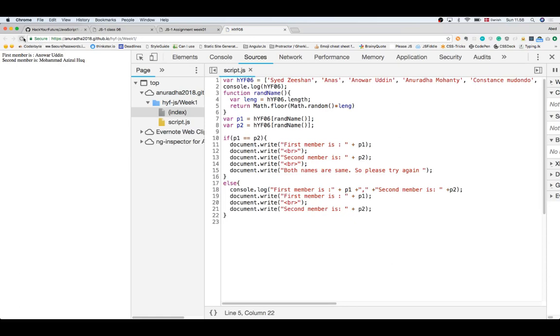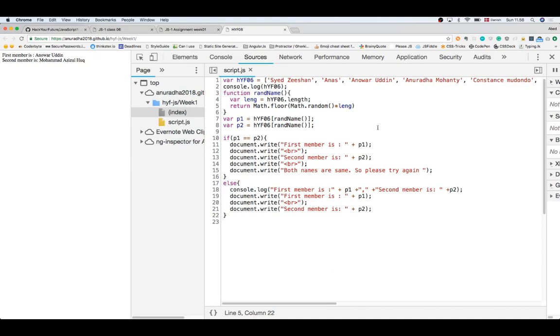I took HYF06 as a variable array. Then after that I printed it out on the console. After that I took a random name. It's a function, and there will be two operations inside the function.